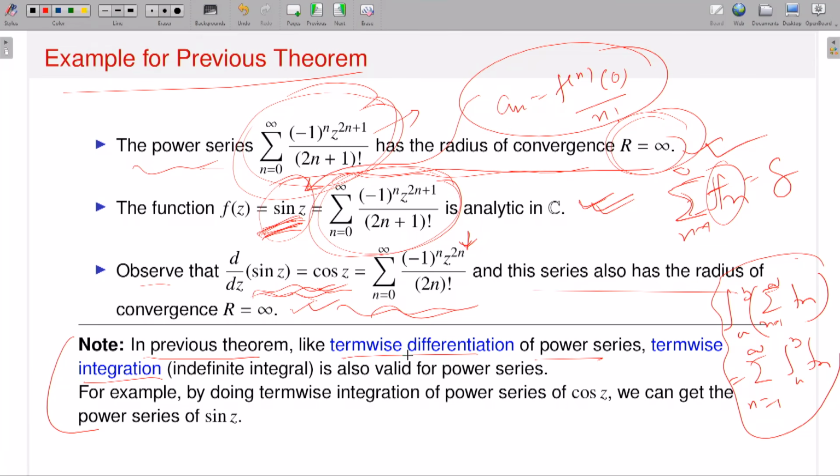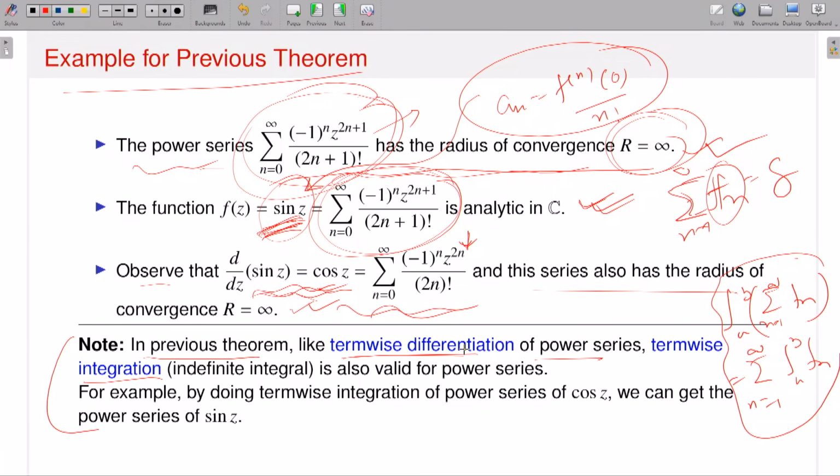So therefore, since term by term differentiation I just discussed in my earlier slide, given a power series, if I take the kth derivative of each term and have a new power series, then the corresponding power series has the same radius of convergence. And if I write the new power series sum function as g, and the original power series sum function as f, then the kth derivative of f is exactly equal to g. That means term by term differentiation is possible.